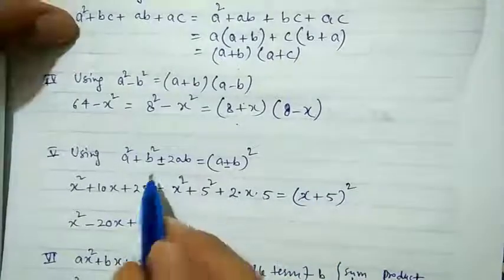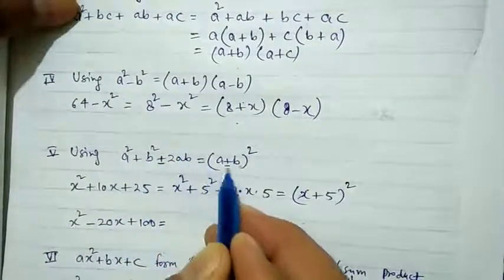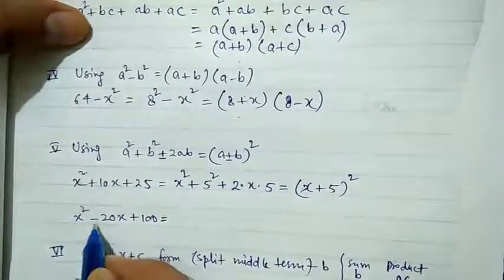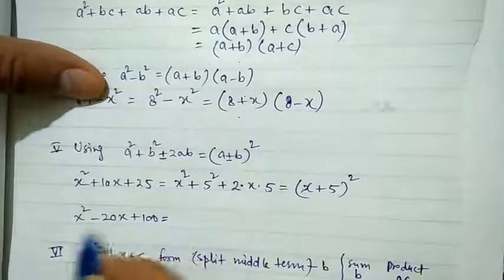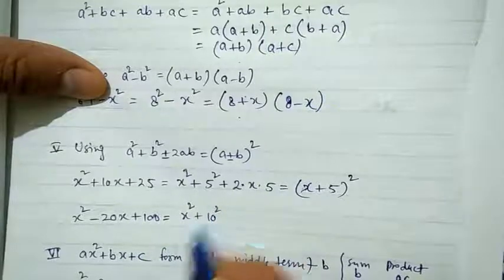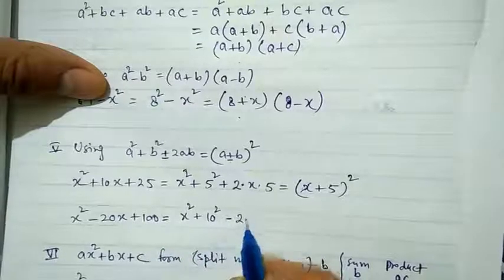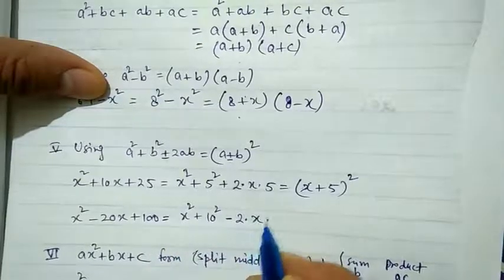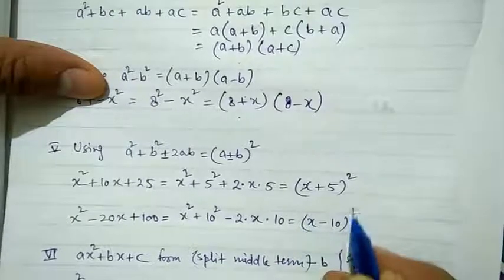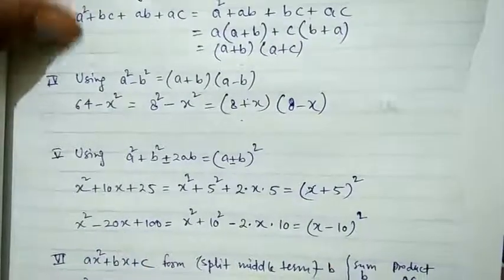Okay. And now the second formula is also there: a square plus b square minus 2ab is equal to a minus b whole square. So in this case it's x square minus 20x plus 100. What we'll do is take x square, and now this plus 100 is taken as 10 square, because 100 is 10 square, and the minus sign is there because of the minus here. So minus 2 into a, where a is x and b is 10. So this is x minus 10 whole square. So this gives the factors of x square minus 20x plus 100. This way we can find it.